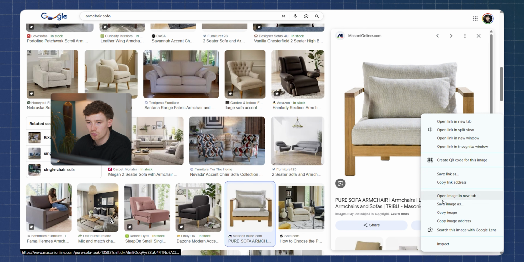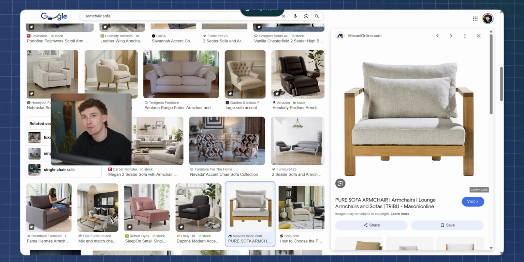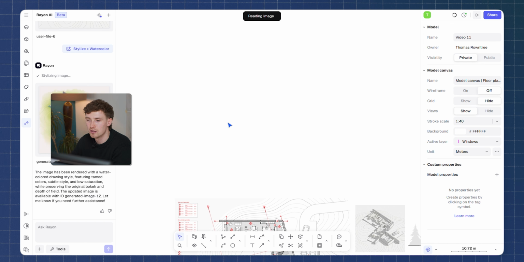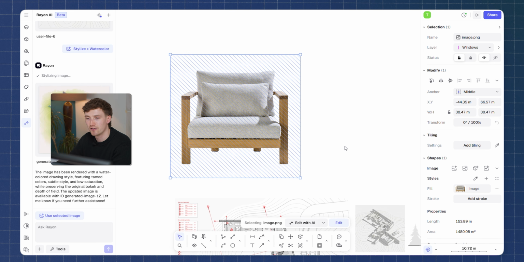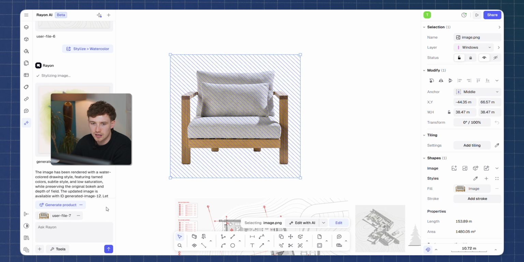Now, one of my favorite AI tools to use in Rayon is the generate product. Now, the way that this works is if you find a particular product that isn't necessarily in the block library, for example, if you find a particular piece of furniture that you wanted to bring into your model, or something that a client has specified, copy that image into your model canvas. Now, when you place it into place, you can see here now if you use selected image in the AI panel on the left,